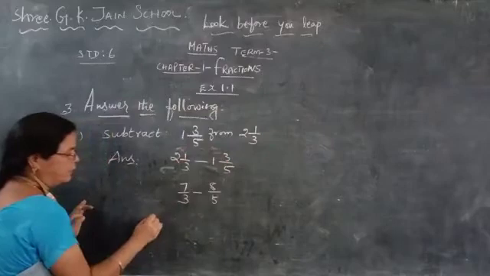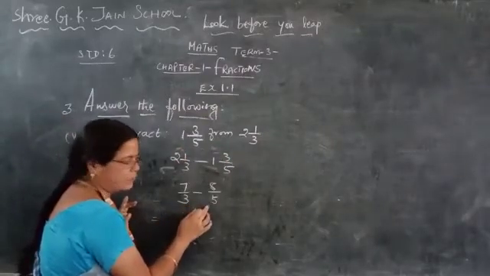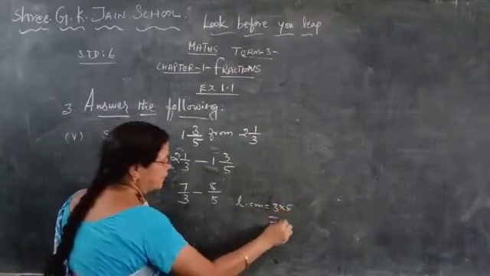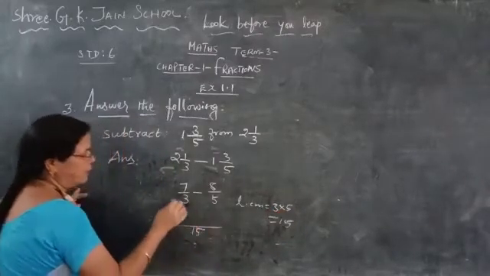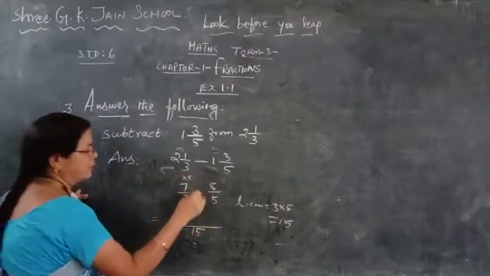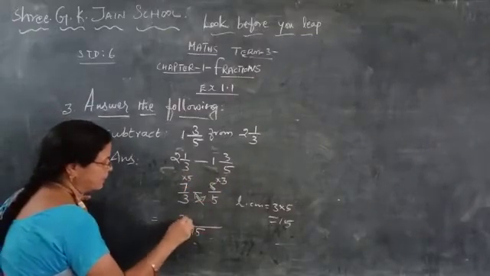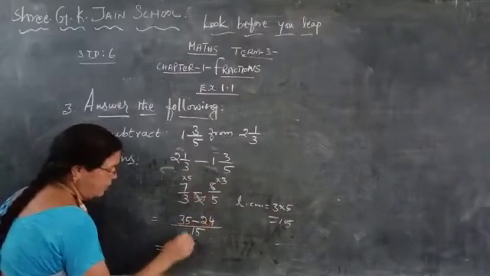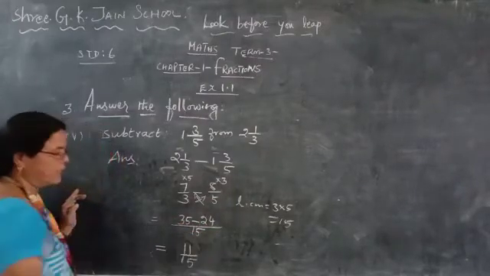Okay, you are getting these two now. And now see here, these two are prime numbers, so directly multiply. Your LCM is nothing but 3 fives are 15. So 15 one time you write. And now cross multiply, because directly you are multiplying here. So into 5 and here into 3, isn't it? Now 7 fives are how much? 35, minus 8 threes are 24. So subtracting, you will get 5 minus 4 is 1, 3 minus 2 is 1. So 11 by 15. So this is your answer.